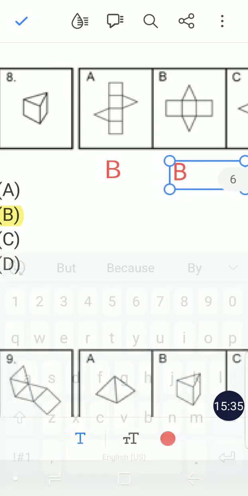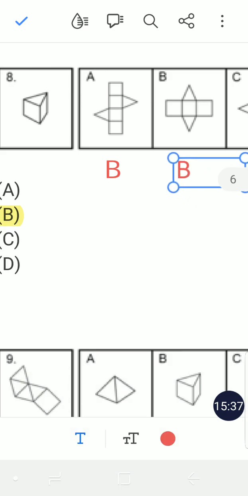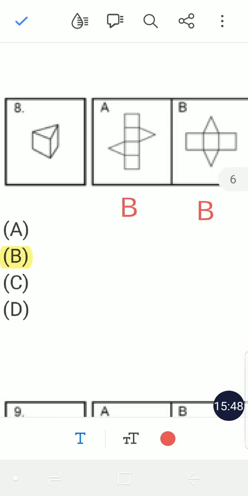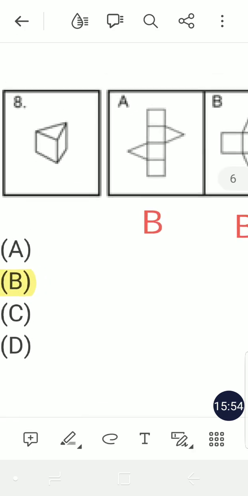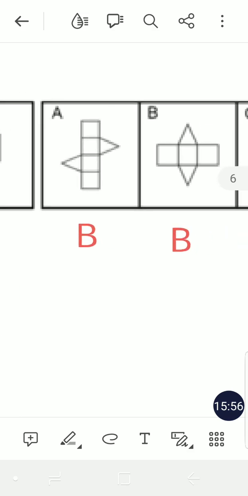B should be there. So sorry about that. Like I was saying, that was my mistake here. The correct answer is B and not A,